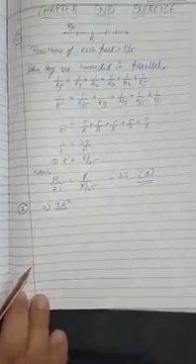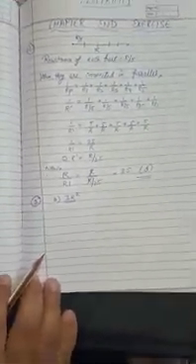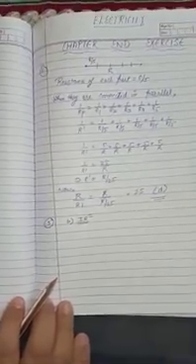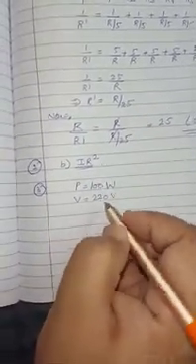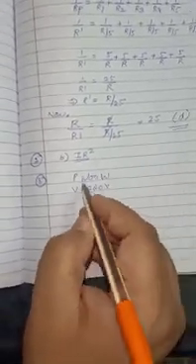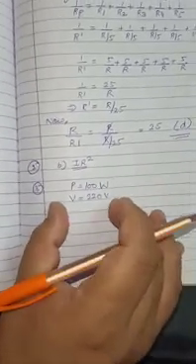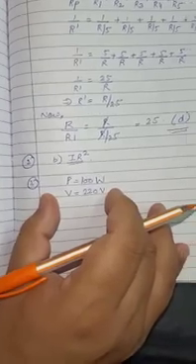An electric bulb is rated 220 volt and 100 watt. When it is operated on 110 volt, the power consumed will be. So as per question, the power of the bulb is 100 watt and it is operated on 220 volt supply. And when you will operate it on 110 volt supply, how much power it will consume? Students, then potential difference will change and current will also change. But one physical quantity, that is resistance of the bulb, will remain same.